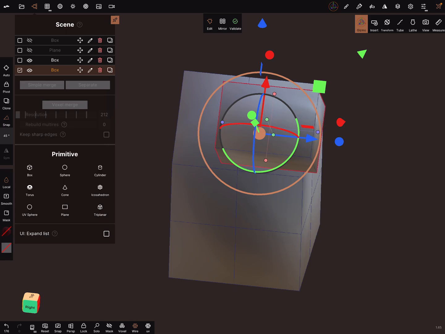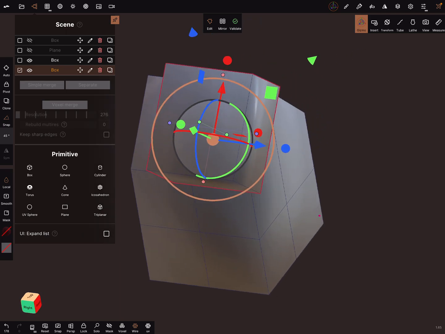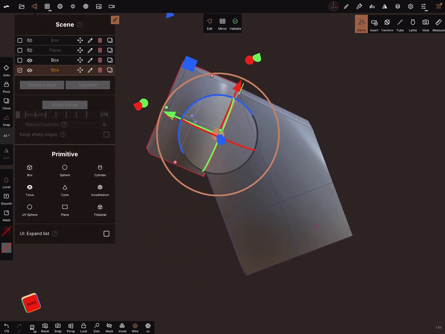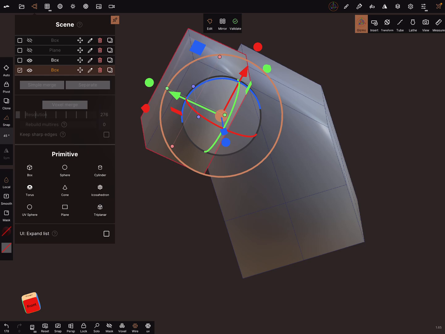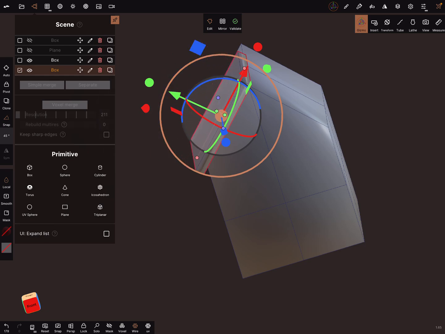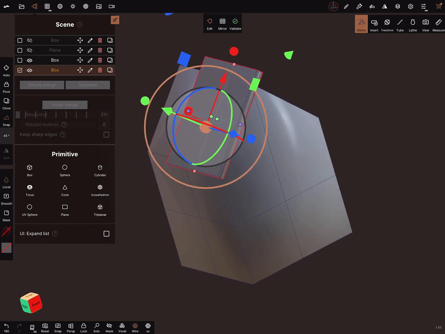And now you can scale it like you want. And it fits to the surface of the house. And you don't have to be very exact, because